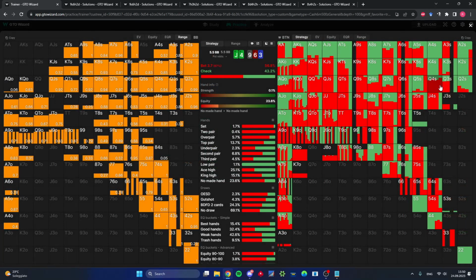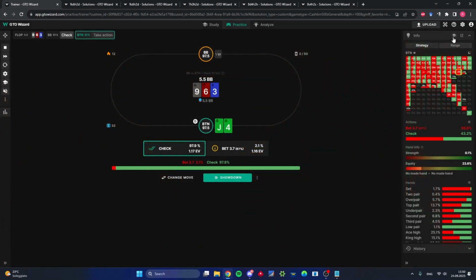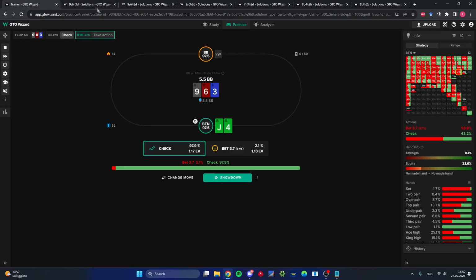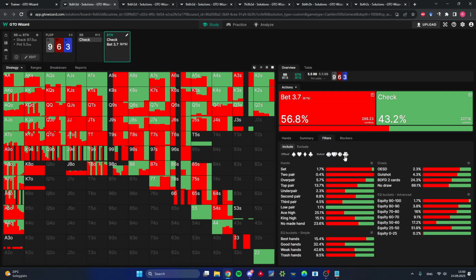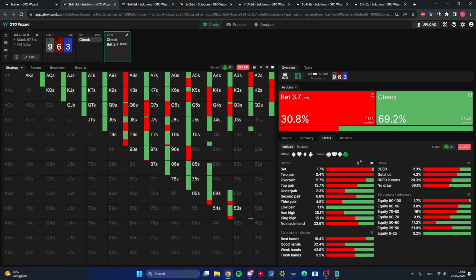And if we have a look at the strategy, we should see that without the clubs, I don't think we're gonna do that much betting overall. So let's hope I find this quickly. I think it's here, yeah. So include all the clubs. So yeah, we're gonna see that overall we're betting way less with the clubs, and we do prefer to,